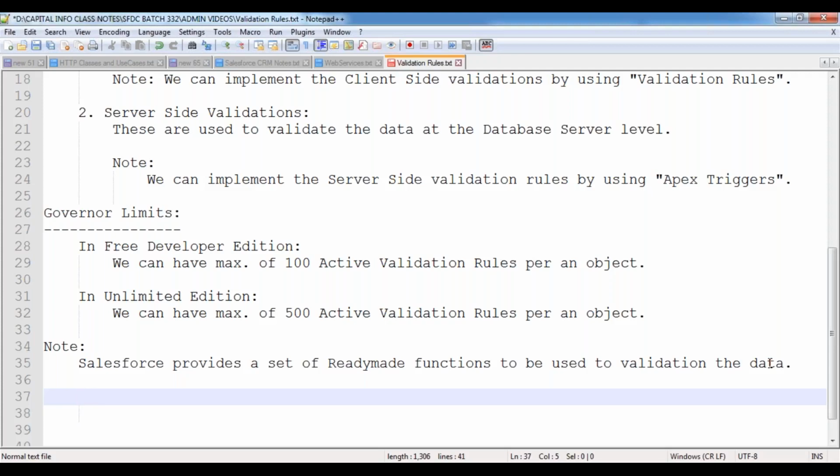Now, in this case, what are the various functions given by Salesforce by default here? Let's see each and every function one by one, and then how to use it we'll see practically in this case.